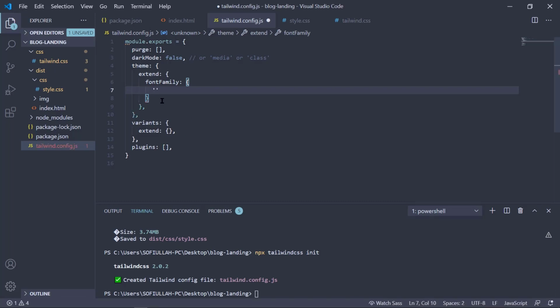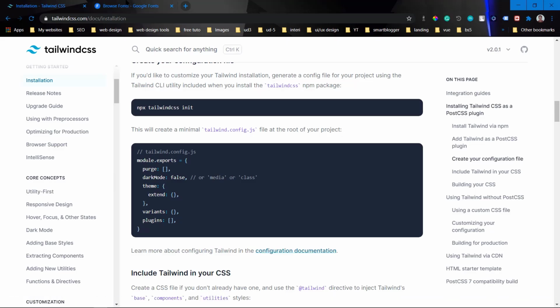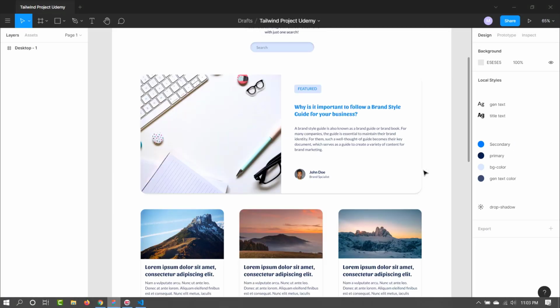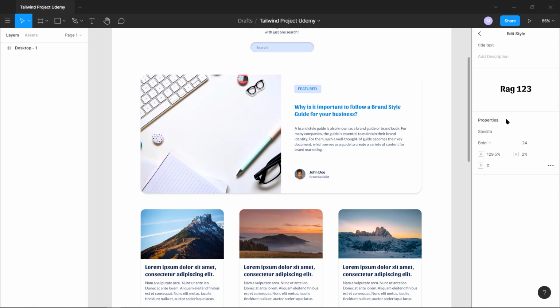We need to put it inside single quotes, and the first one is the title and the second one is the body. Now we need to put the fonts inside it, and we are going to go to Google Fonts and get our fonts from here. As you can see here, this title font has the font family of Sans Serif.